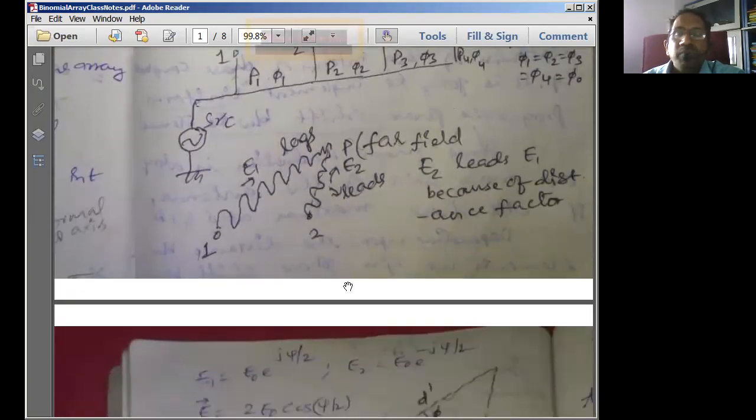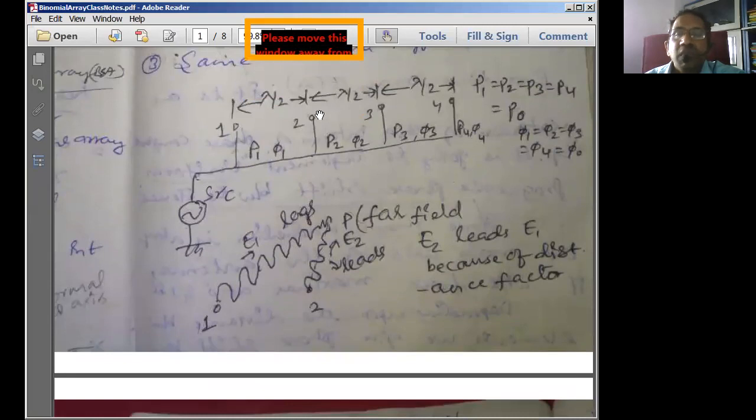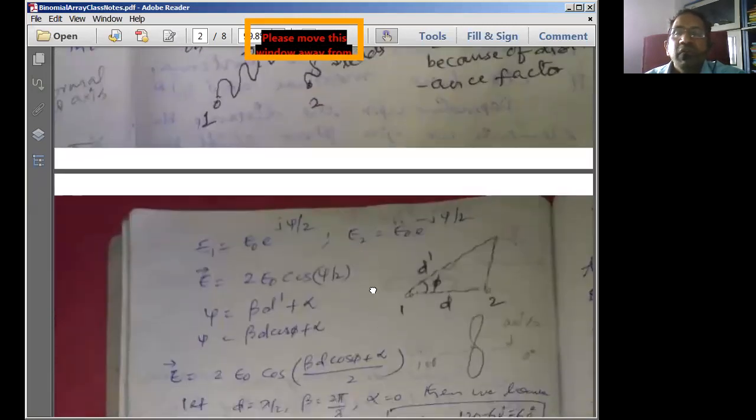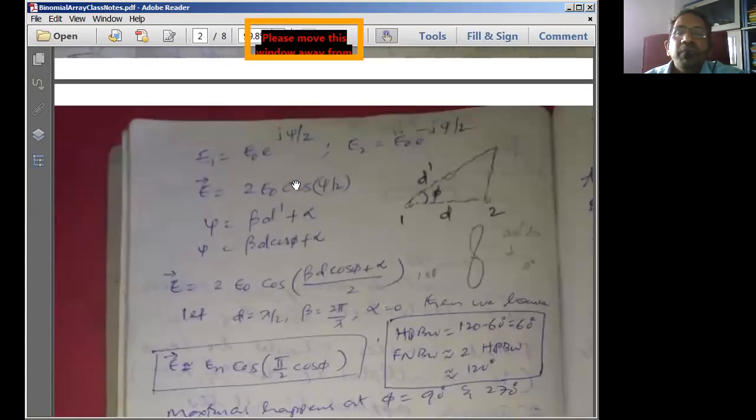So here we proceed with the time delayed version of the signal. Imagine E1 and E2 are the two electric field equations from two point sources, and E2 is going to lead E1. So if E2 is going to lead E1, the components we write here as E1 is E1 e to the power plus j xi by 2 is one component, and e to the power minus j xi by 2 is going to be another component, because they have been lagging with a time delay.